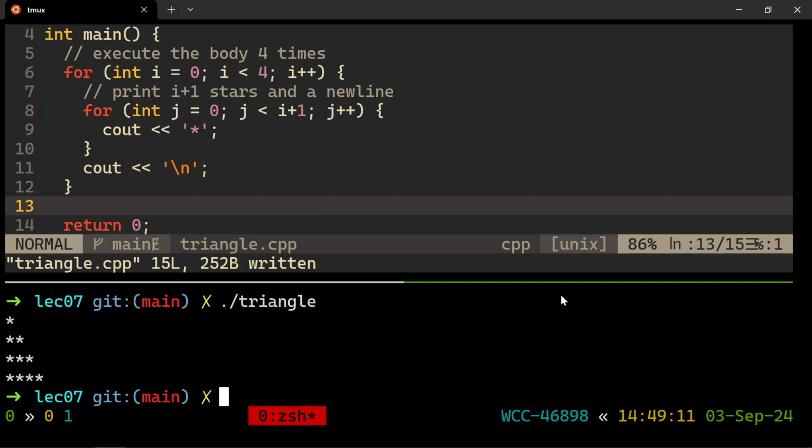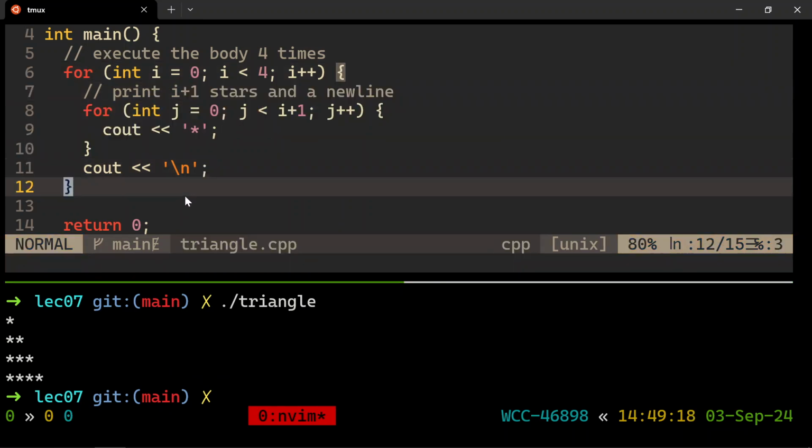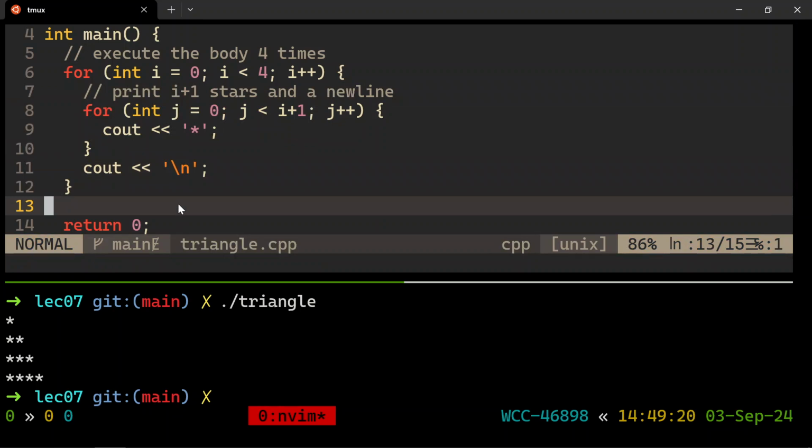Yay, we did it. And this is going to work regardless of what you put here. You could make a size 10 triangle, and it's always going to do the right thing because of this inner part. We've learned the trick. We know the formula now. Okay? Cool, huh? So, yeah, that's a good use of nested loops. Any questions about this code?